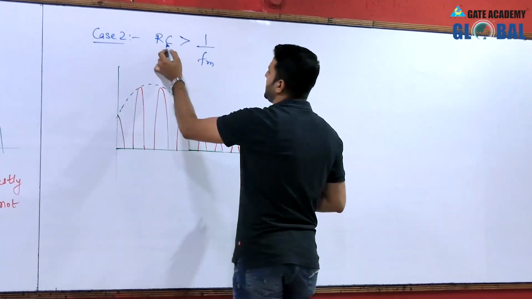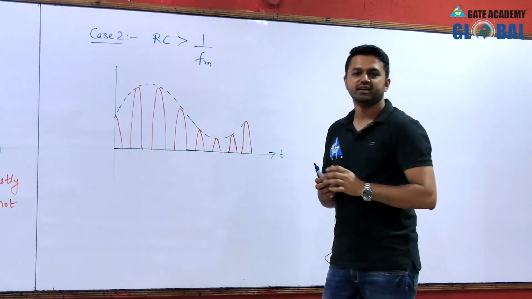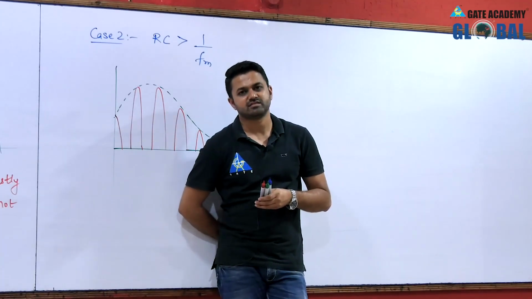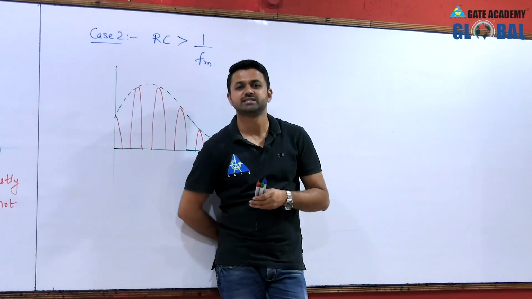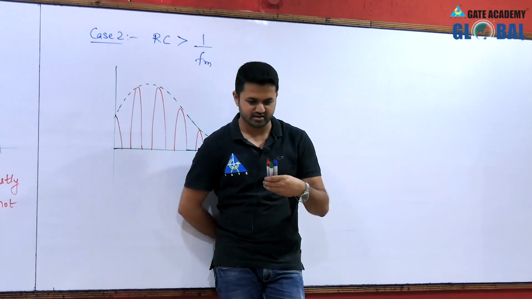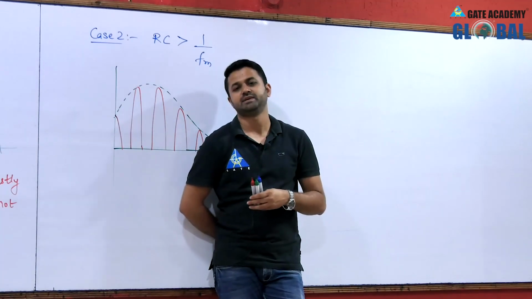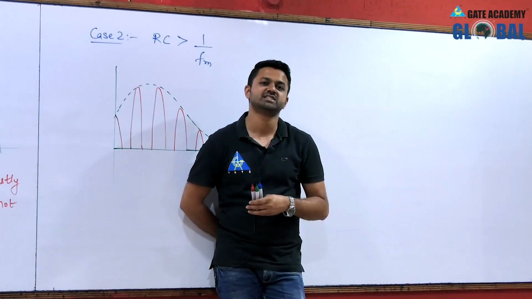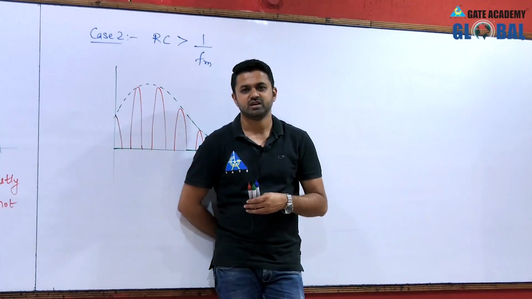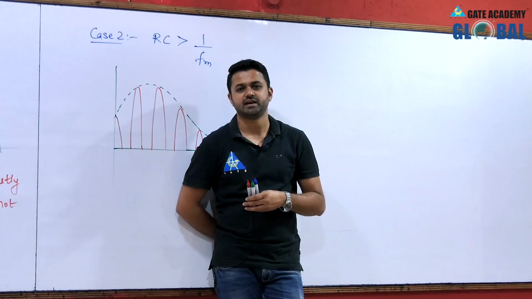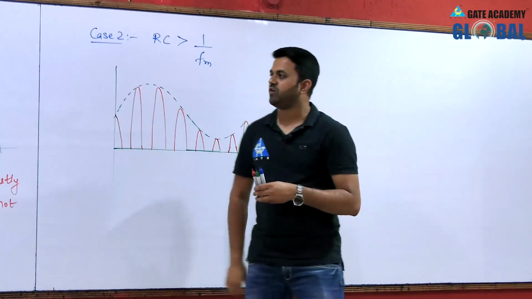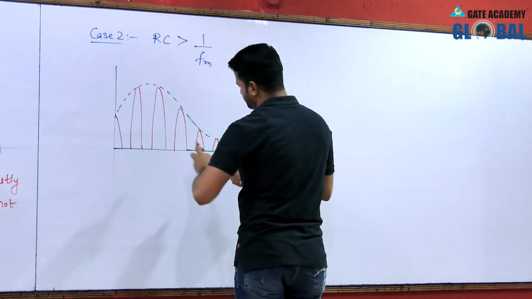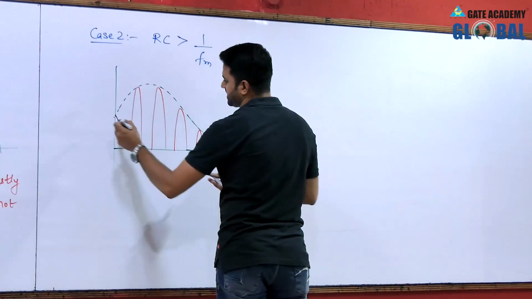now the RC is very high. RC is high even than 1 upon Fm. RC is high means RC is large, suppose RC is 5 seconds, it means that it is taking too much time for discharging the capacitor. So, the capacitor takes a long time for discharging completely. So, if the capacitor is